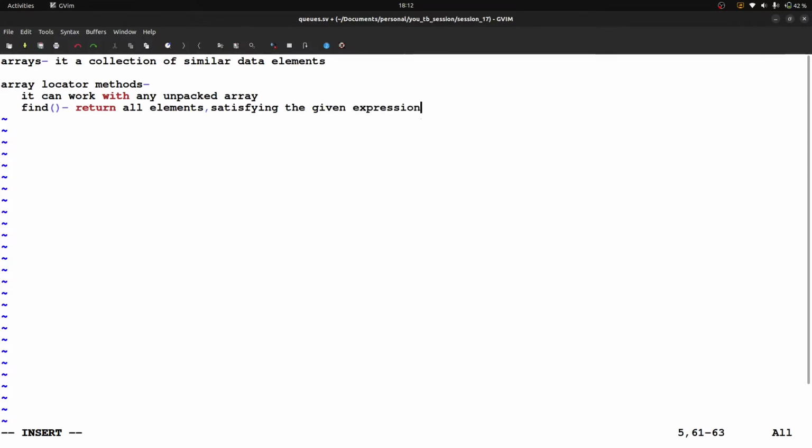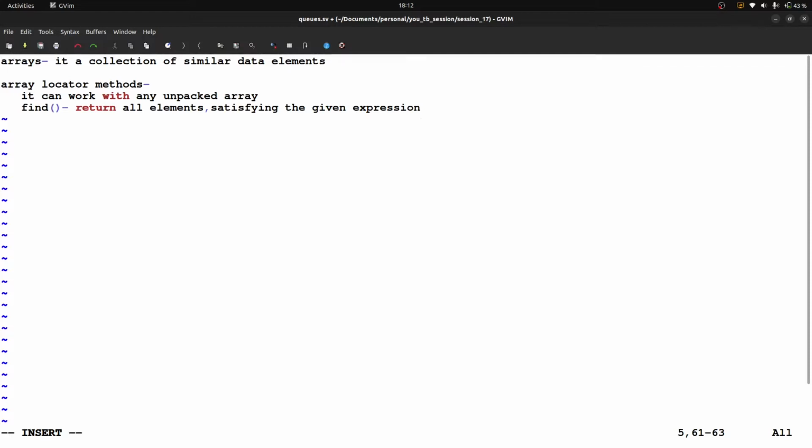Okay, so let's say I want to find the elements greater than 5. Simply I can use this method find, and I can use the keyword with, as we already used with in SystemVerilog randomization during inline constraints while randomizing the packet. Like pkt.randomize with write equal to write, or pkt.randomize with read equal to read. So I can write find, and for giving the expression we need to use with (x > 5). It will return all the elements which are greater than 5 in that queue.